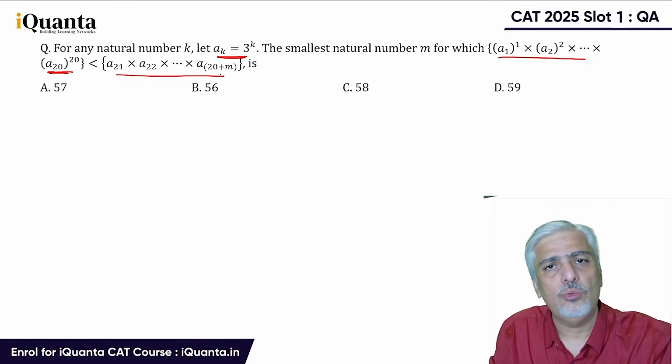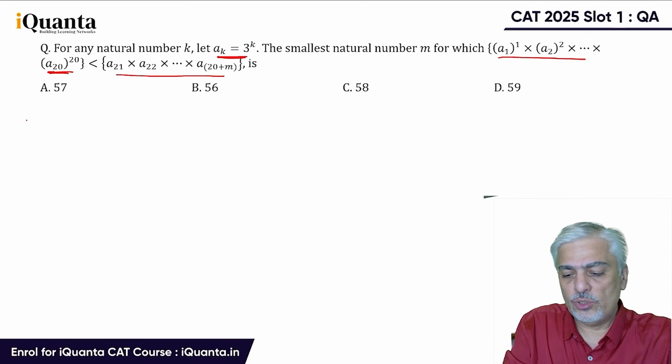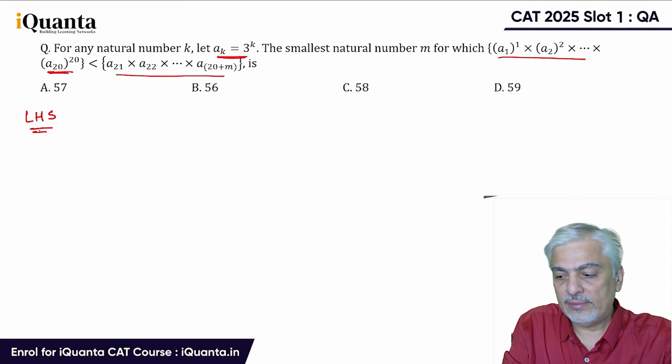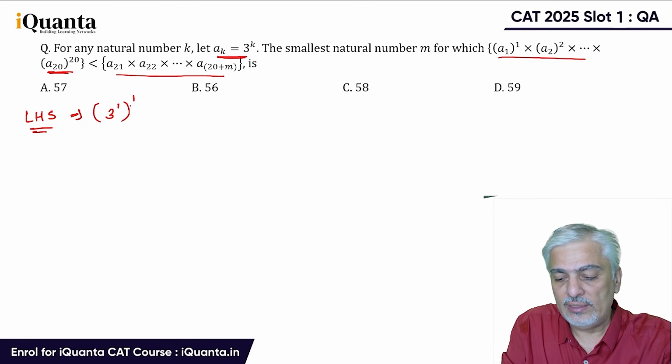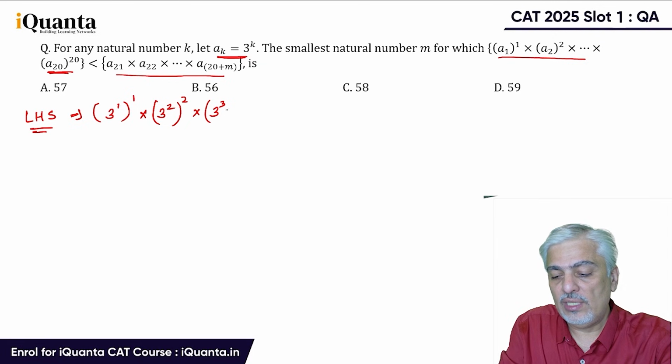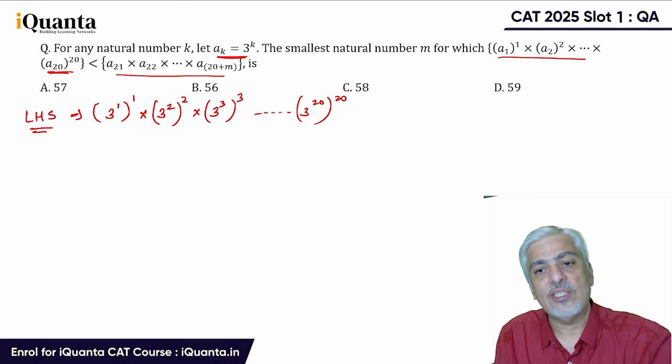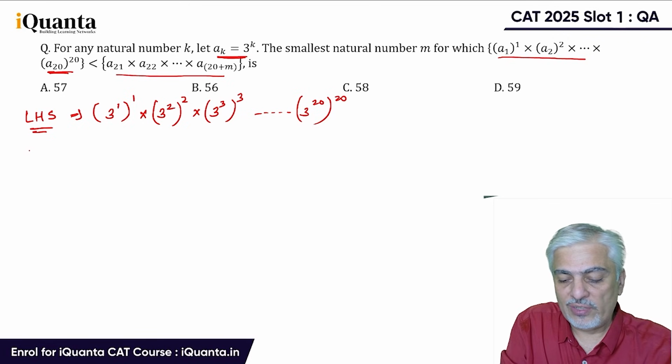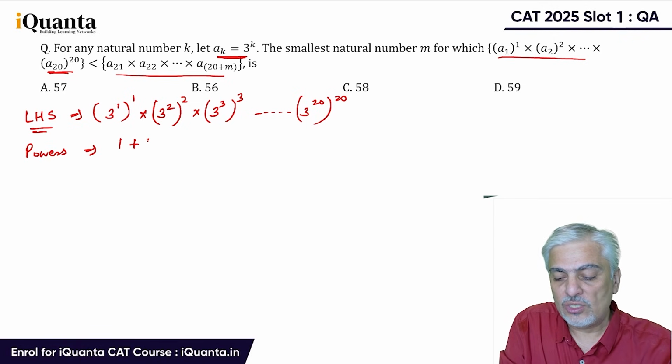Okay, so I'm going to look at two parts separately, left hand side and right hand side. If I'm looking only at the LHS, what is my first term? It will be 3 raised to 1 raised to 1, multiplied by 3 raised to 2 raised to 2, multiplied by 3 raised to 3 raised to 3, up till 3 raised to 20 raised to 20. Over here clearly the powers are going to be added. So what are the powers now? The powers are going to be 1 plus 4 plus 9 plus 16 and so on